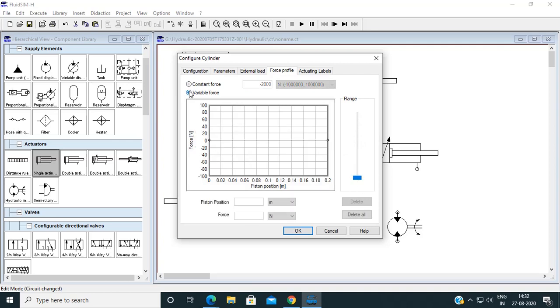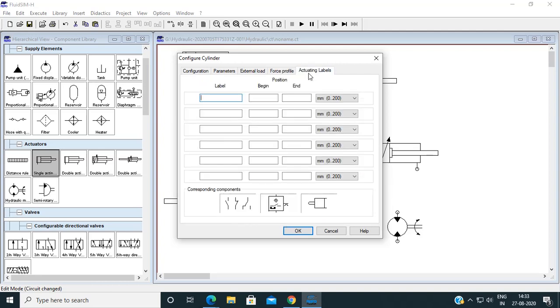Now the next thing is, I want to change the load, I want to apply the variable load. Suppose initially my load is 0, then I want to apply the load up to this. In this way, suppose I want to apply the variable sinusoidal wave load. So you can change the position and you can change the load. Here you can change the position, suppose 0.18. So accordingly the position is getting changed in between 0 to 0.2 because it is in meter. And accordingly you can change the force. Suppose I want here 60, so you can see these forces over here. So in this way you can apply the variable load.